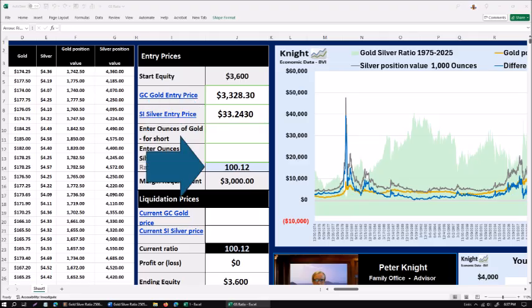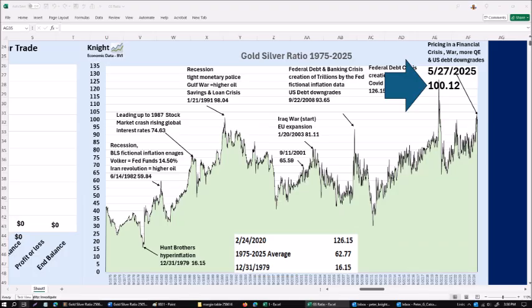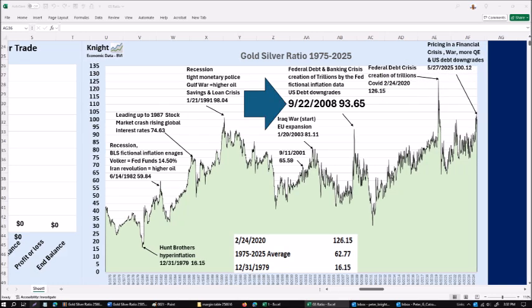Your entry gold-silver ratio shows in cell J14. In this example, it's coming in at 100.12 ounces of silver for every 1 ounce of gold. Looking at the 50-year chart and the disclosed fundamentals on what's fueled the previous moves, let me zoom in on this. The current ratio of 100.12 ounces of silver for every 1 ounce of gold is pricing in political chaos